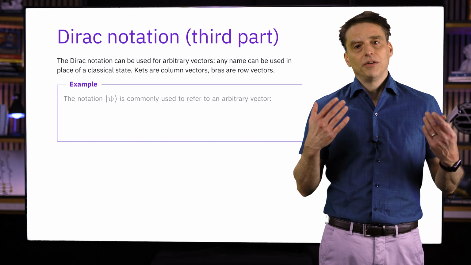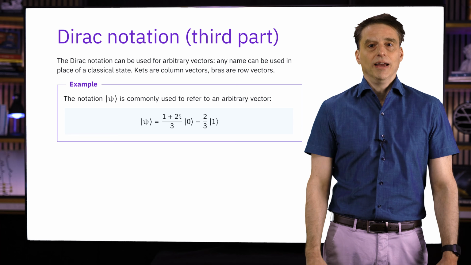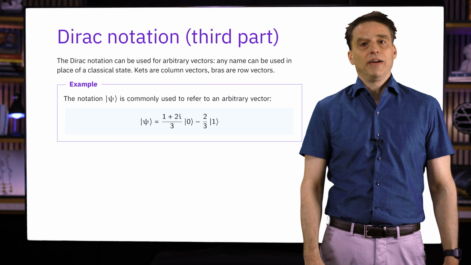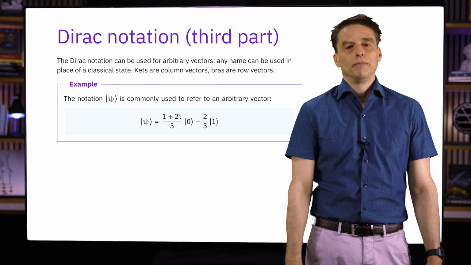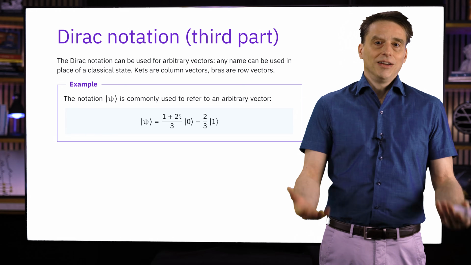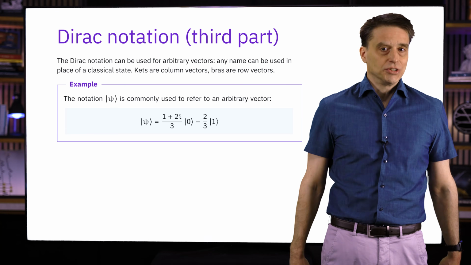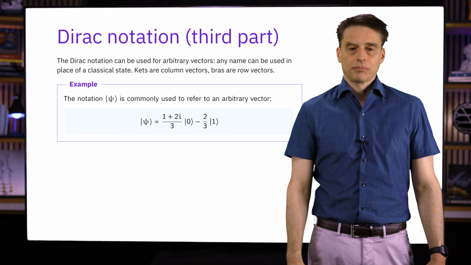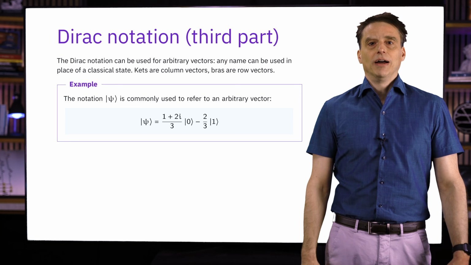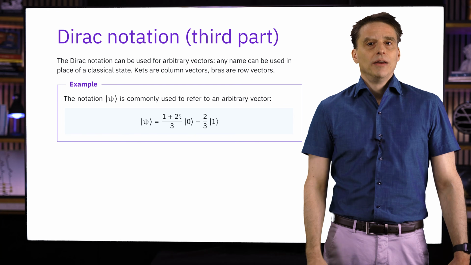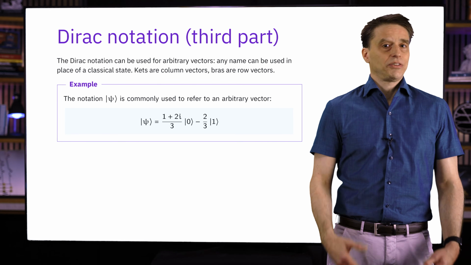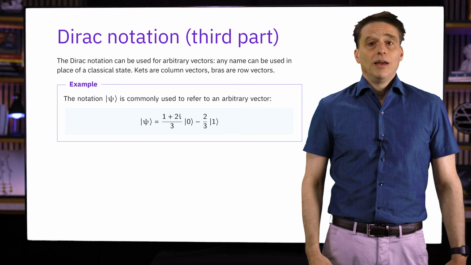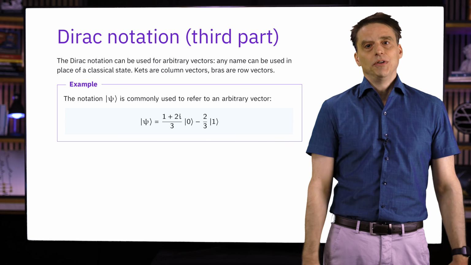As an example, the Greek letter psi is very commonly used inside of a ket to refer to some arbitrary vector. And here we're using it to give a name to the state vector from before that doesn't have a special name. When we do this, the letter psi doesn't necessarily have any meaning all by itself. It's just the name of a vector, and it's inside of a ket to help us to clarify that it's a column vector. This can be a little bit confusing sometimes, and there is a potential for ambiguity if the letter psi could be associated with a classical state of some system, for instance, but it generally doesn't cause any problems. And you don't have to use the Dirac notation like this if you don't want to.